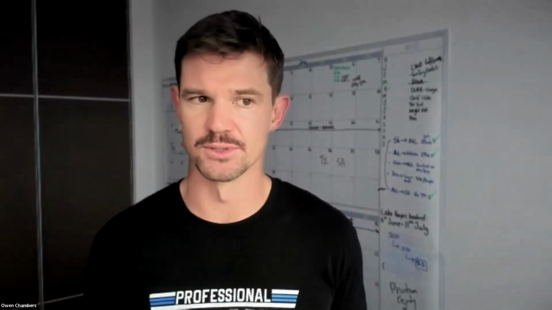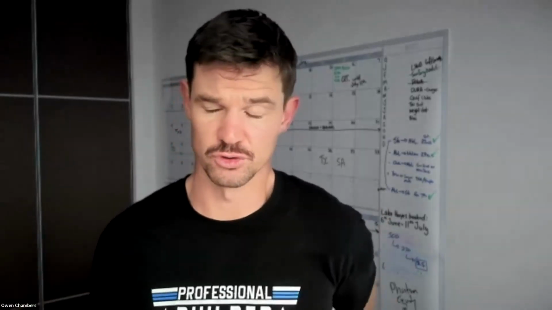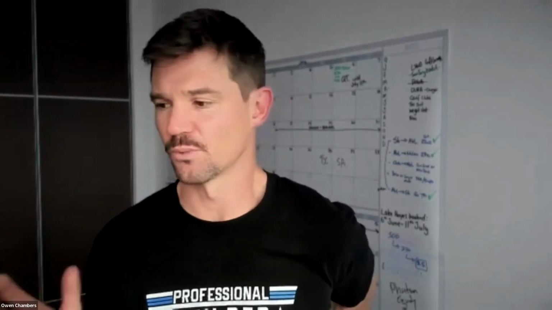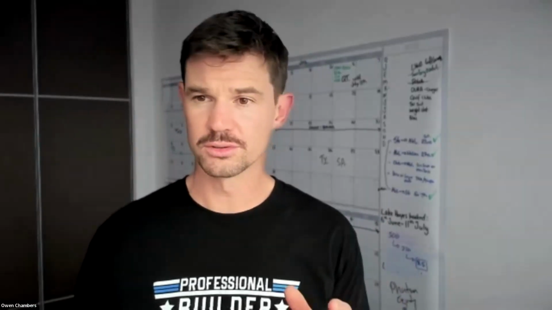Well, I've got the answer, or at least part of the answer, and that is the A to Z of operations. It's a framework that we use with our members. By the time everybody's finished working with us here at TBB, most people should have a working set of drawings of their business, A to Z of operations. Now, what it is, is a framework of how a lead flows through the company. It helps you to identify who does what and how they do it.